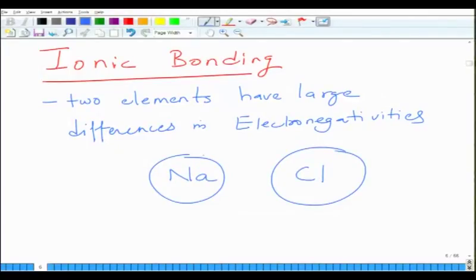Sodium has one extra electron in its outer shell. Chlorine has 7, and to complete its 8 electrons, it borrows 1 electron from this side. So, that sodium becomes stable, chlorine becomes stable, and the bond formed between the two of them is called